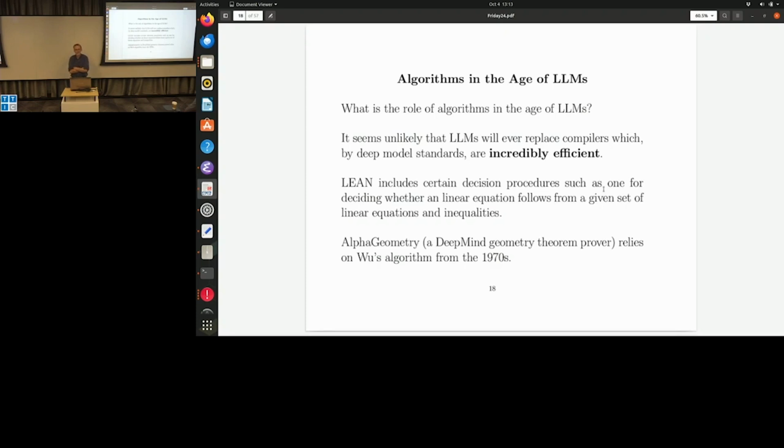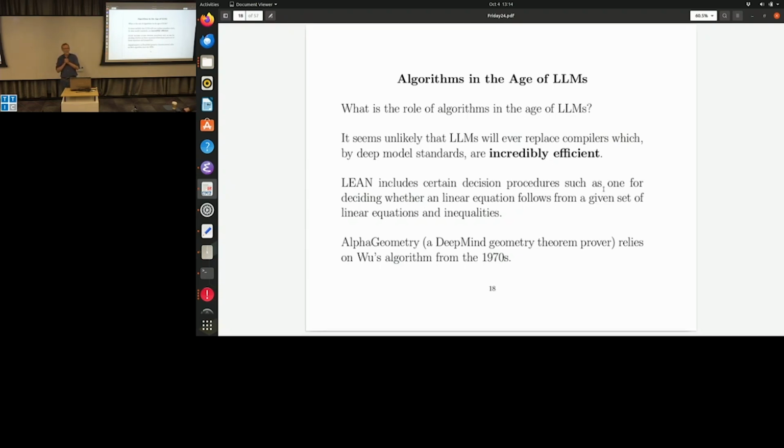And Lean has all kinds of algorithms in it. It's got decision procedures for linear arithmetic. AlphaGeometry is a real cheat, in my opinion, in the sense that it relies on Wu's algorithm from the 70s, which is basically a decision procedure for a certain fraction of geometric problems. So the question is,